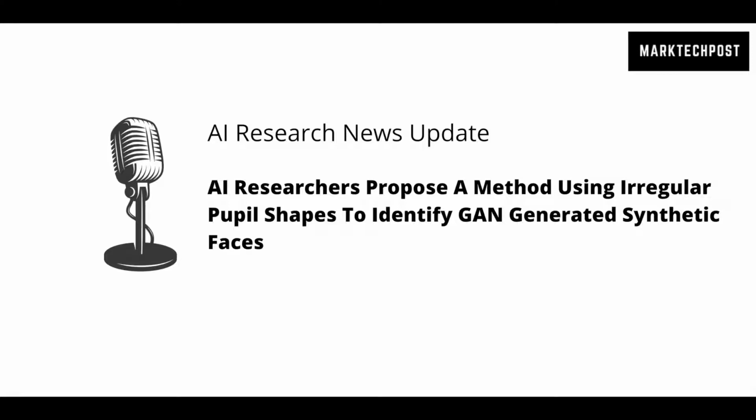AI researchers propose a method using irregular pupil shapes to identify GAN-generated synthetic faces. Computer-generated faces have lately improved to the point that they are difficult to tell apart from the real thing. That makes them a handy tool for online criminals who may use them to establish bogus profiles for suspicious social media accounts, for example. As a result, computer scientists have been working on strategies to swiftly and efficiently detect these images. Now, a group of researchers from the State University of New York and their collaborators have devised a method